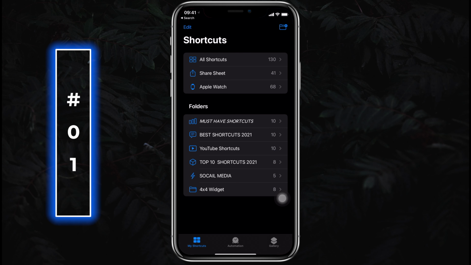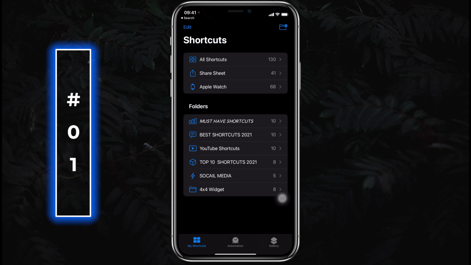Okay, there are a lot of ways to run a shortcut, which I'll have a dedicated video for next week. One of them is adding the shortcut as a bookmark on your home screen. There are two ways to add a bookmark. First will be by going to our three dot settings and select add to home screen from here. Type a new name as short as possible and add it to the home screen. It looks something like this on the home screen.